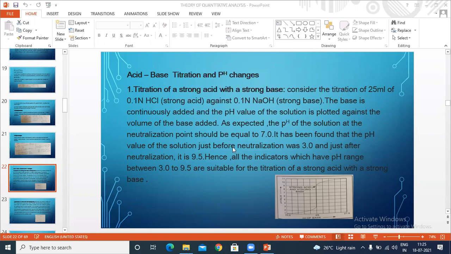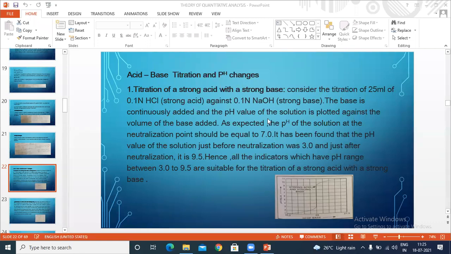by neutralizing the H+ ions with OH- ions from the base. So when we add NaOH to HCl, H+ ions and Cl- ions are formed from the dissociation of the strong acid, and from sodium hydroxide, Na+ and OH- ions are formed. So H+ from the strong acid and OH- from the strong base react, which leads to the formation of an unionized water molecule. At the starting, the pH value is very low, less than 5, around 3.